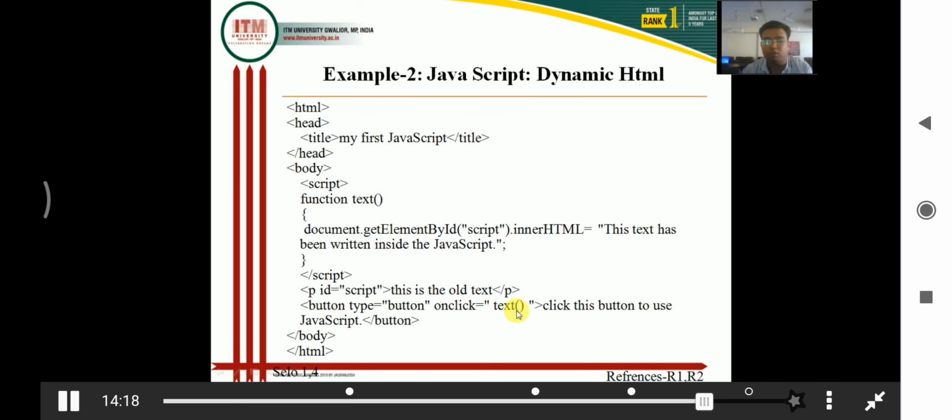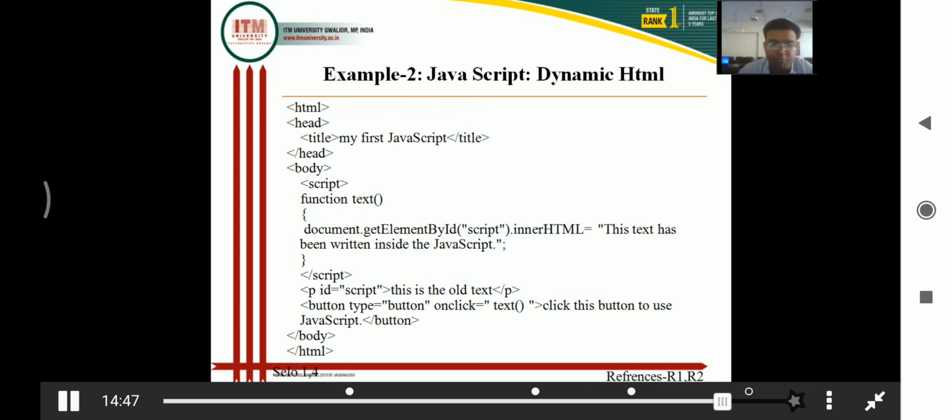So when this button is clicked, the function text will be called. Now again come to the function. Here we have written document.getElementById, which we are using to access that paragraph, because we want to change its content. The ID of this paragraph is script.